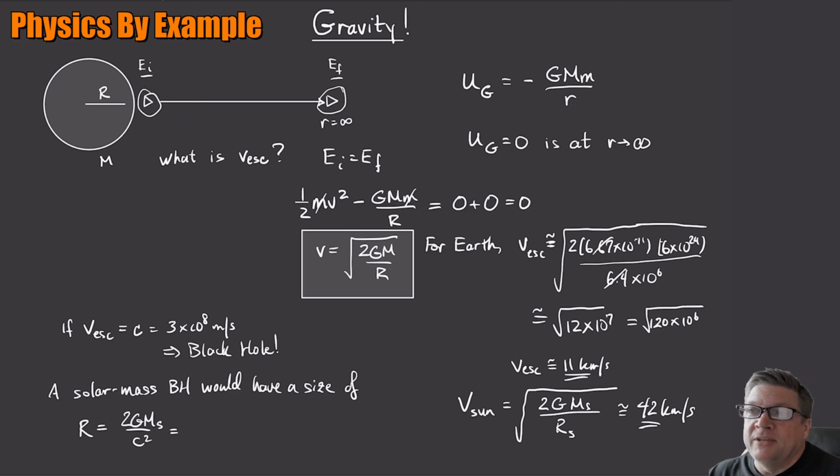And if you plug those numbers in, you get something actually really, really tiny, which is something like a radius of 3 kilometers. So if you squashed all the mass of the sun down to something that is just 3 kilometers in radius, that's only like 3 miles across, something like that. It would have a surface gravity so intense that nothing could escape, not even light, and so we would call that a black hole. This sort of size is called the Schwarzschild